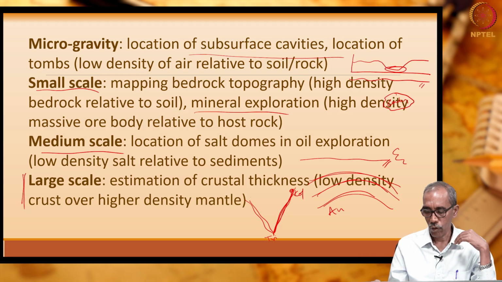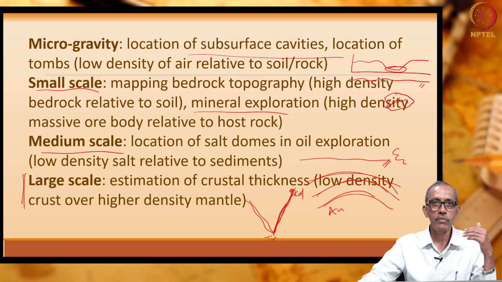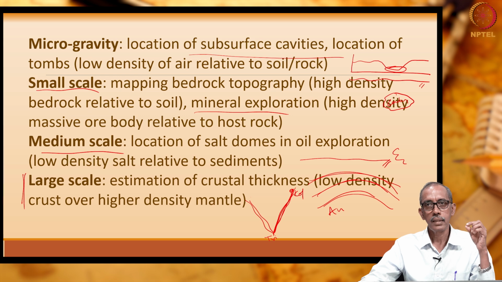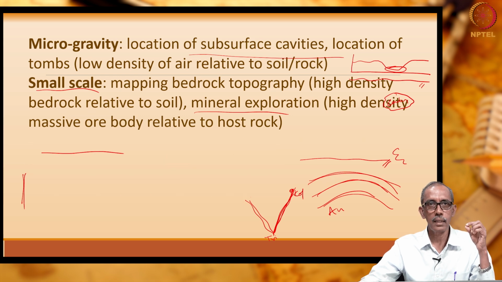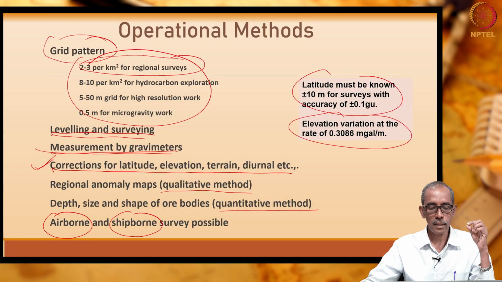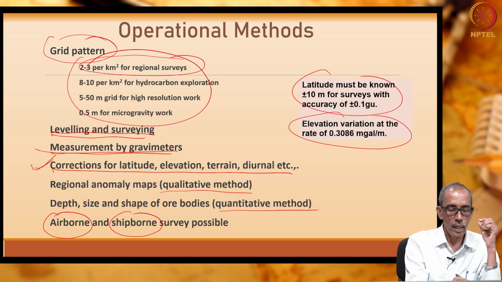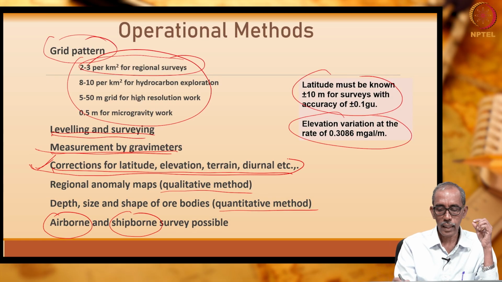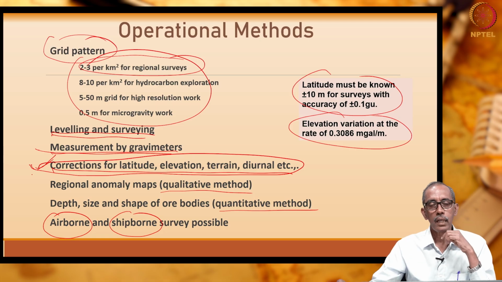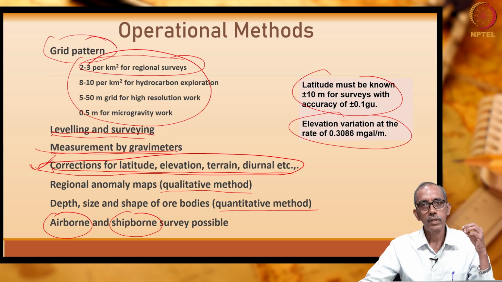These are the 4 different types of surveys which we carry out, that depend on what? It depends on the objective of our study, right. Now, after having seen this, let us move on to the next thing, that is what we had seen in this slide, right. We will have a look into what are all the corrections that need to be given to the gravity data which we have collected from the field work.